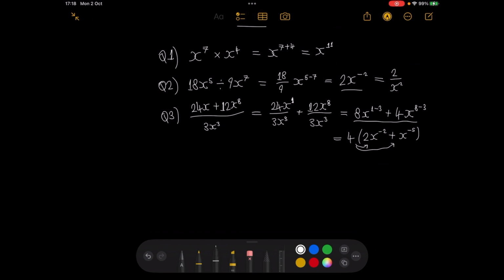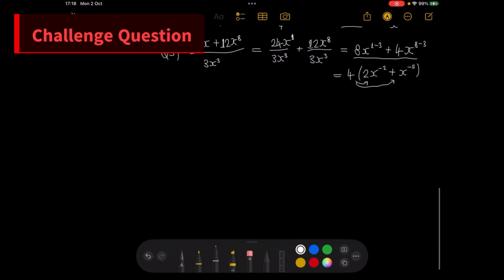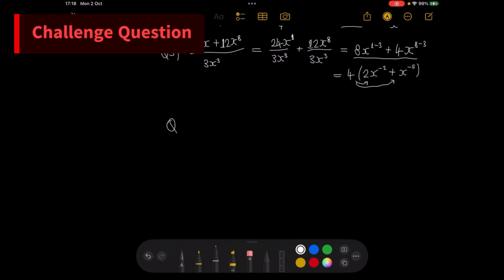Like I said, I'm going to give you a challenge question to go away with and try yourself. Or at least pause the video to try before I go through the answer. So this final challenge question is going to be (xy)^(x+y) multiplied by x to the power of (x cubed minus x squared) divided by x,